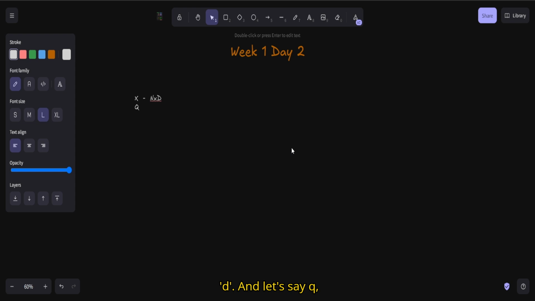And let's say q, the query vector, is basically our s t minus 1. So this is our previous hidden state basically. Whatever the query vector is, let's name it q. The query vector, let's say it has the dimension dq. Since the hidden state will be a single 1D vector only, it will have the dimension of dq. Then we are using the function